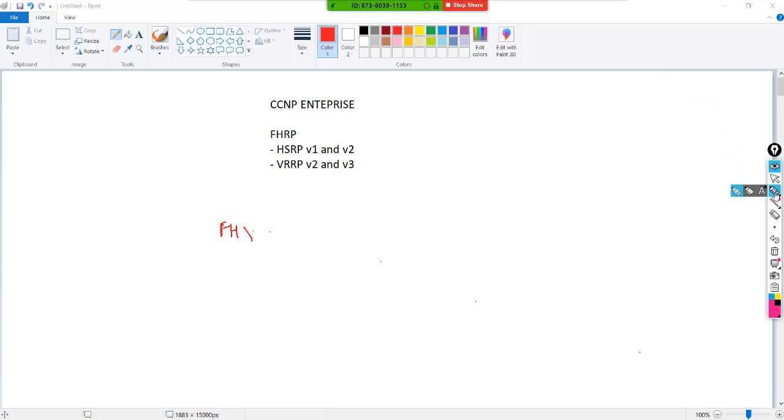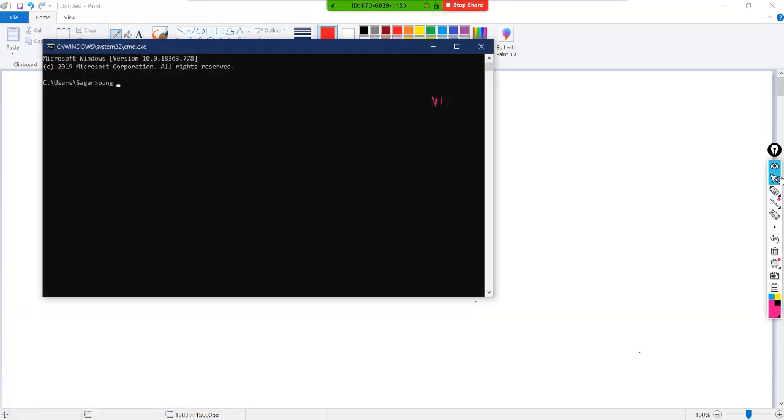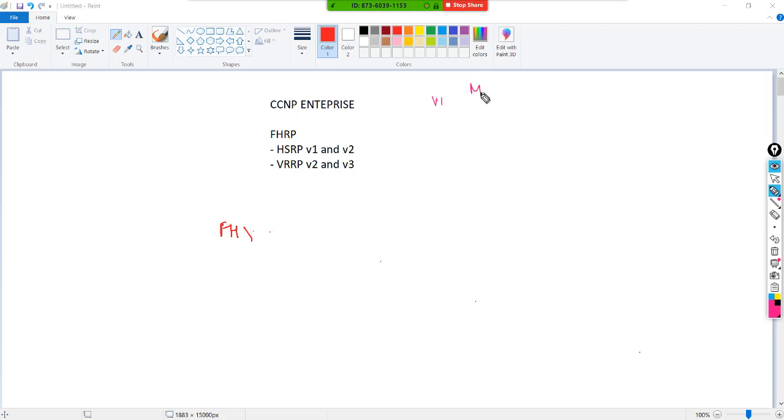Okay, regarding the multicast address, in the case of version 1, it's 224.0.0.2, but there is an overlapping protocol here.